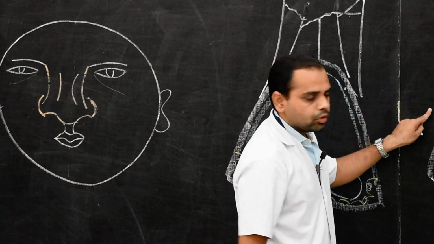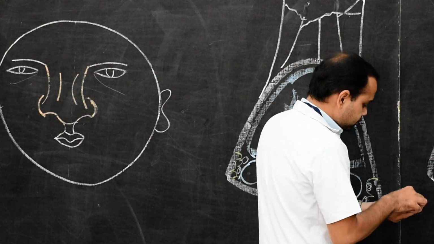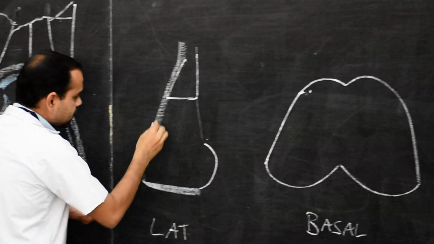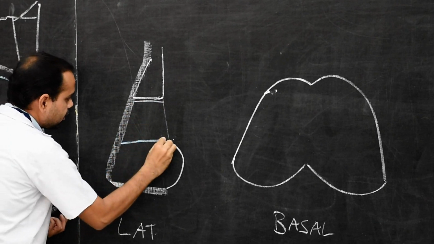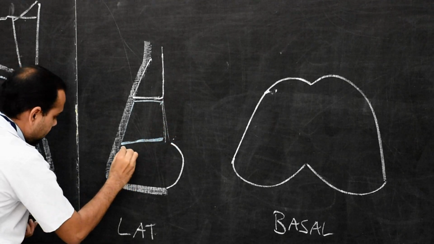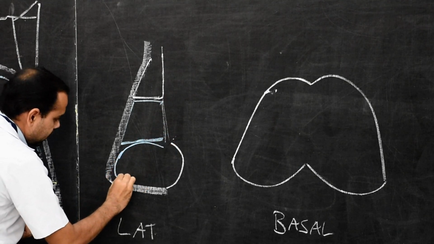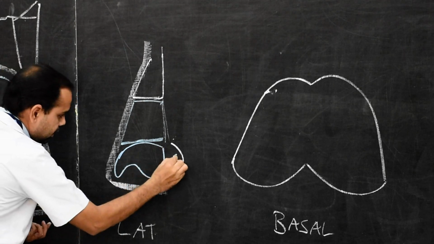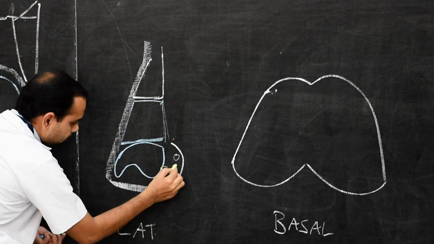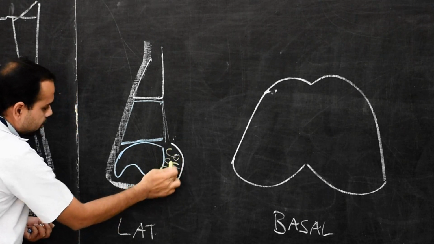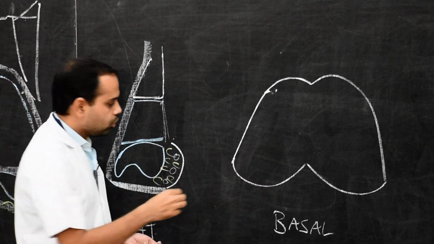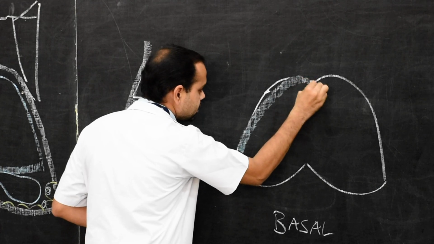Now when we see the lateral view, here there is the nasal bone. Below the nasal bone there is the lateral nasal cartilage. And in the lower part there is the major alar cartilage. This area is filled up by fibrofatty tissue, and there are these blue-colored minor alar cartilages. Now when we look at the nasal view of the external nose, it is somewhat like this.